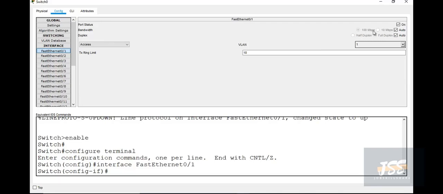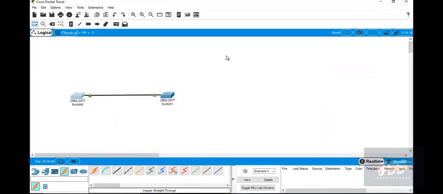And apart from that, speed is also very important. If you are operating at 100 Mbps, it's up to you, or 10 Mbps or auto. This is dependent on yourself, but both the ends should be negotiating and the setting should be the same, so that there are no issues in the network or operation of the switches in the local area network.